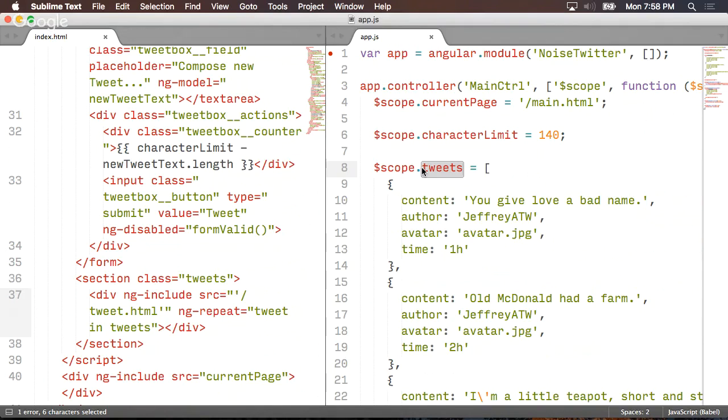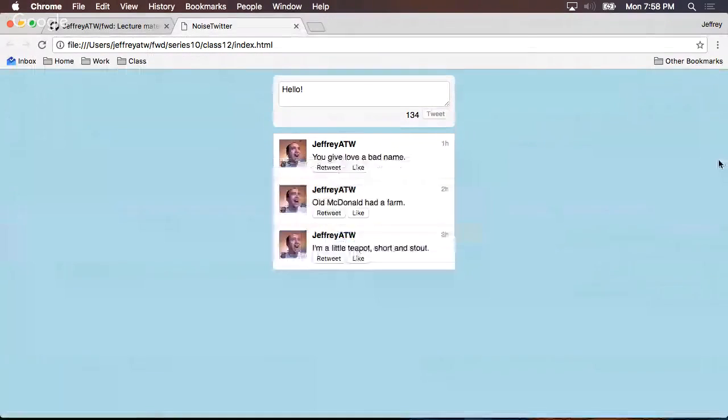Well, let's say that you got this list of tweets here, right? Let's say that you wanted to edit one of these tweets and change its information. Well, what you'd have to do is take my current name, my current avatar, whether it's retweeted, whether it's liked, the content, the time. You'd have to take all those individual attributes, and then generate a form and use jQuery to write out all these elements and set the values of each individual form element properly, and then hide the form, show the form, hide all the data, and then be able to edit stuff. When you press save, you have to capture that, get rid of the form, make sure that you update all